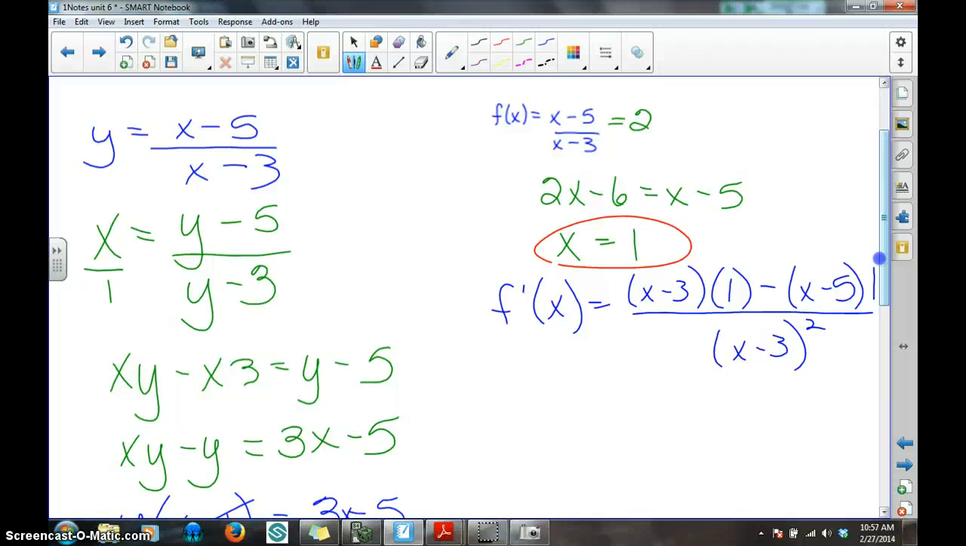Okay? So I'm going to plug a 1 in there. So I'm going to make all of these x's be 1s. And I'm going to do some more math. A 1 minus a 3 is a negative 2 times 1 is negative 2, minus a 1